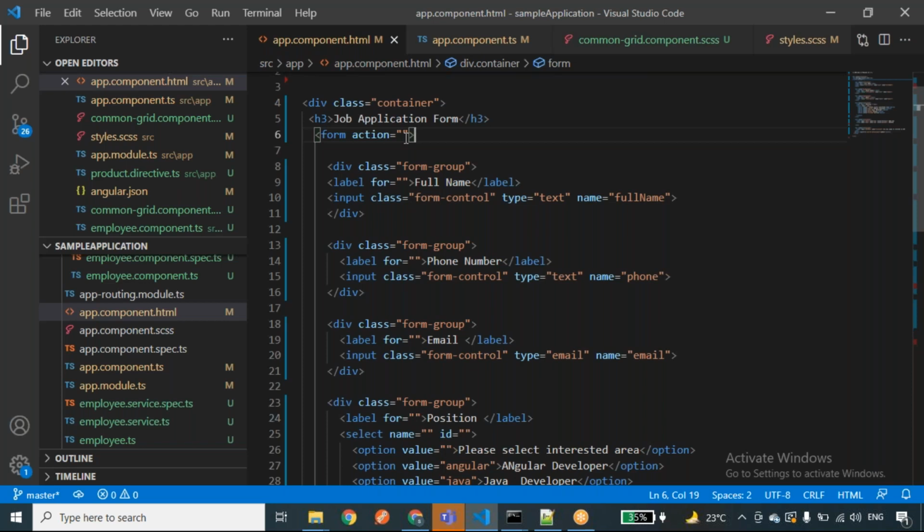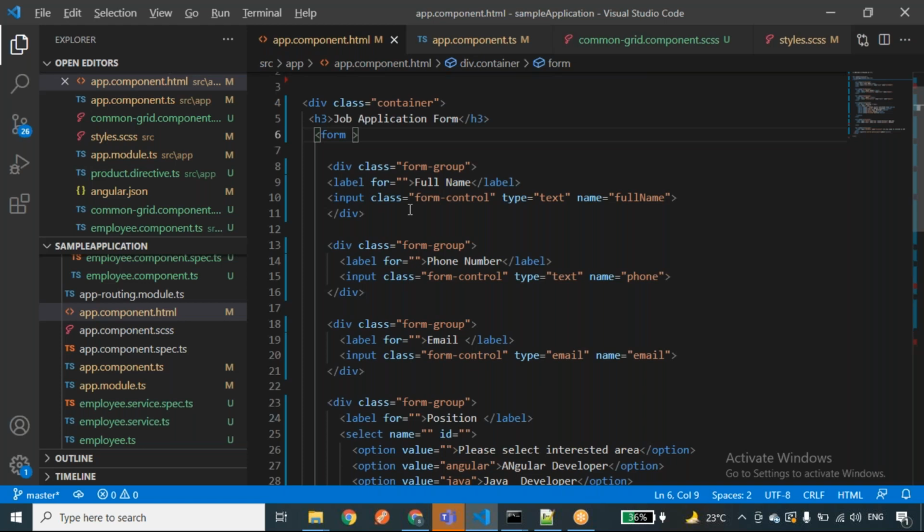When it comes to JavaScript or jQuery, we'll use this action where we specify some URL. We need to submit this entire form data, so we use the action and method, whether it is a post method or get method. So this is not required. I'll remove this one. Mainly action was useful to define the URL where we are going to submit this entire data to the backend.